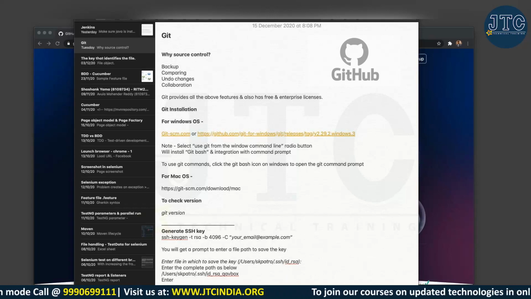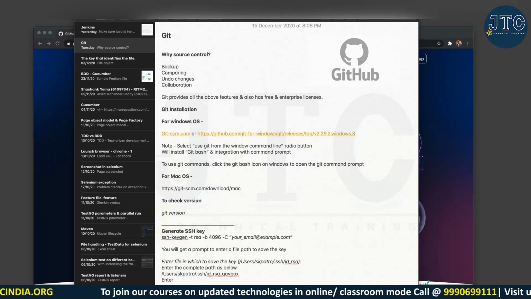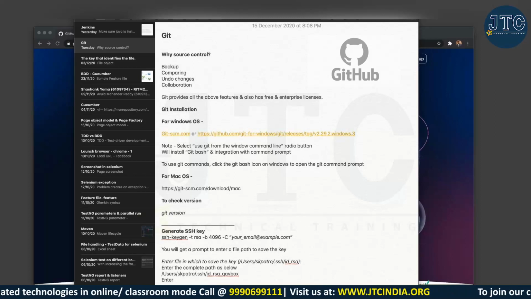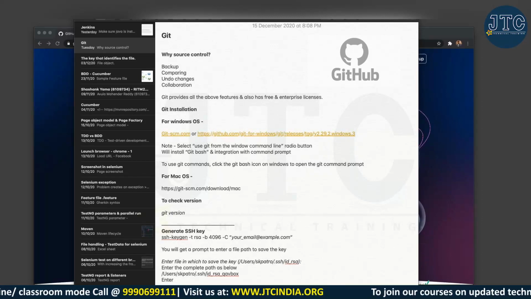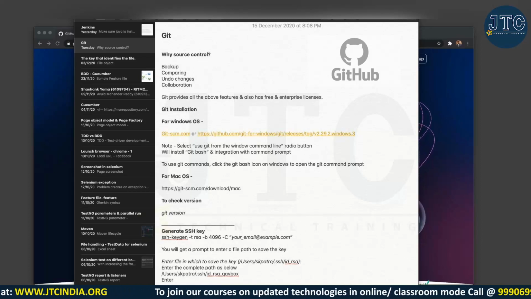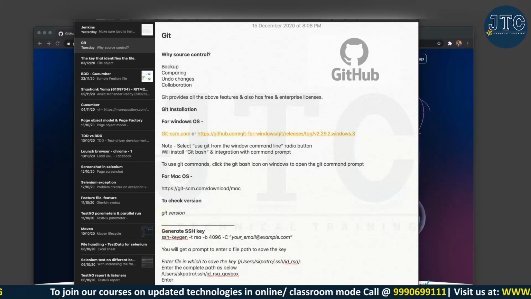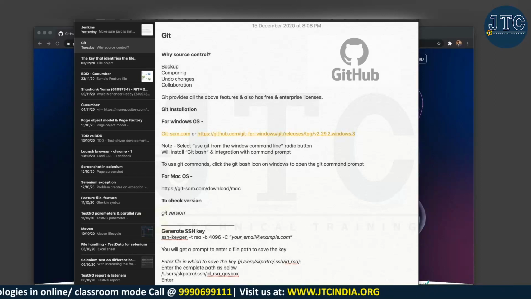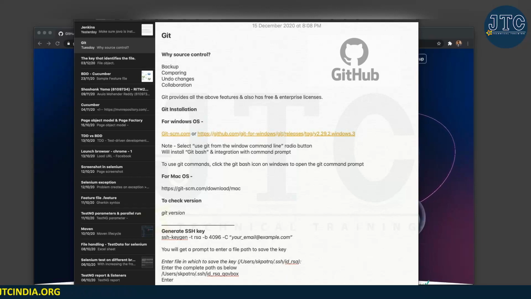Another problem is that, let's say you have written 5 lines of code, after that you have written 20 lines of code, but you want to revert it back. How do you do that? If you press Control Z, it will only remove that particular piece, that instance, whatever you have just written. But how do you know what else you have written starting from the beginning? So you don't have anything to undo changes to a certain instance. That is one of the problems. So that's why the first question comes, why source control.